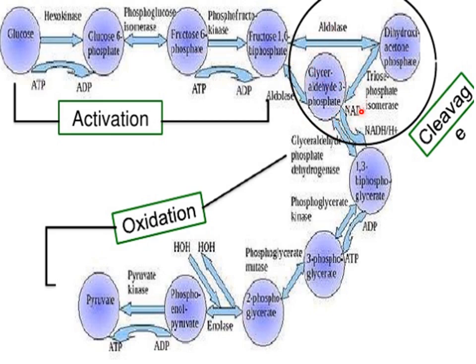So this is called cleavage, and the last five steps are called the oxidation reactions. Actually, in these reactions, energy is not utilized. The energy which we utilized here is put into the cycle, that's why it is called the preparatory phase, and this is the payoff phase. In this, mostly we get energy in terms of ATP, and 4 ATP molecules in the last five steps are produced in the process of oxidation.